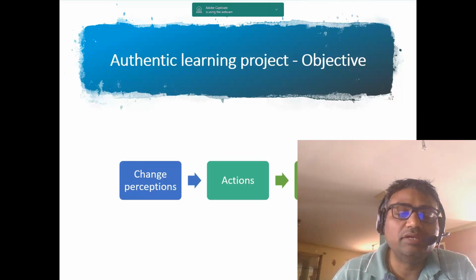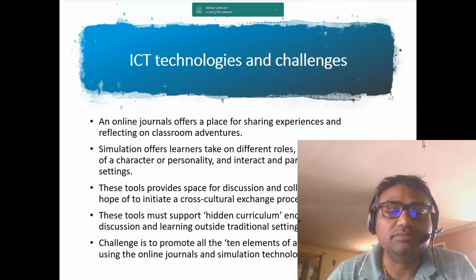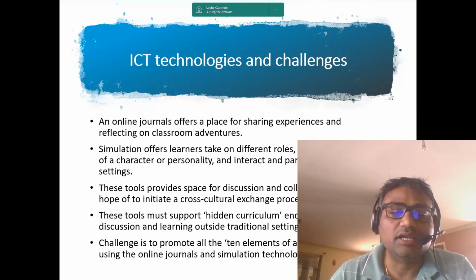And I'm hoping that tools such as online journals and simulation games, in a unique way, will actually allow the experiences to change our perceptions, in a way to reflect what happened in the classroom, to reflect what happens when speaking to a buddy, and simulate that.